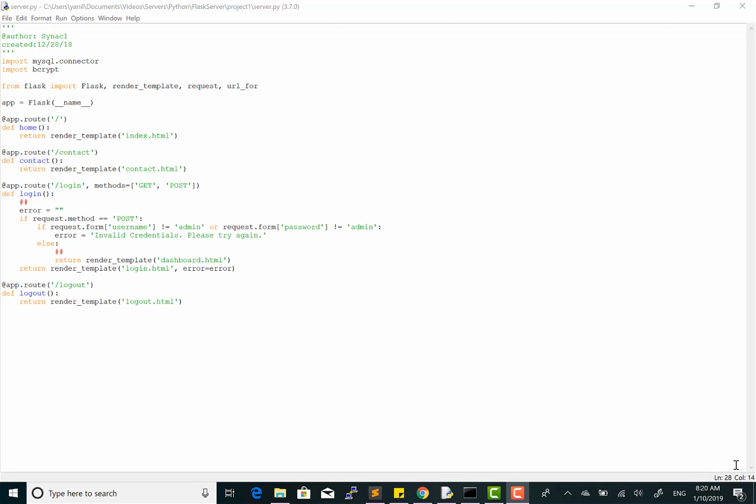Hello, so this is part number 10 of building a Flask server. And right here I have redirected to dashboard.html, create an HTML for dashboard, and